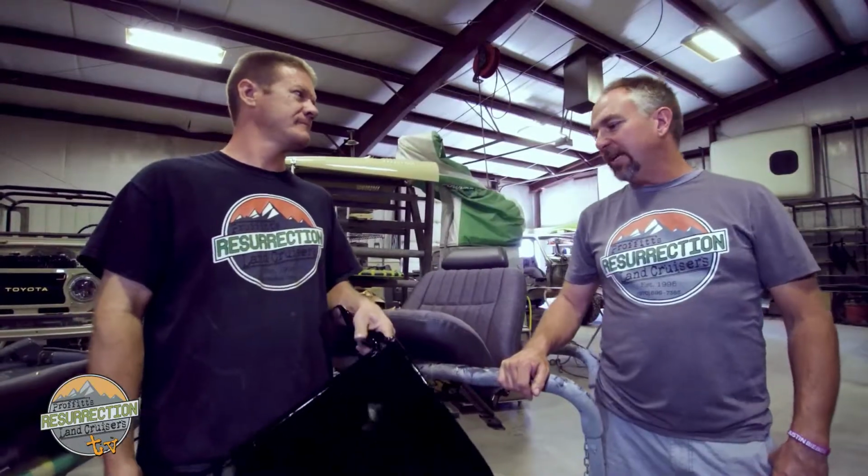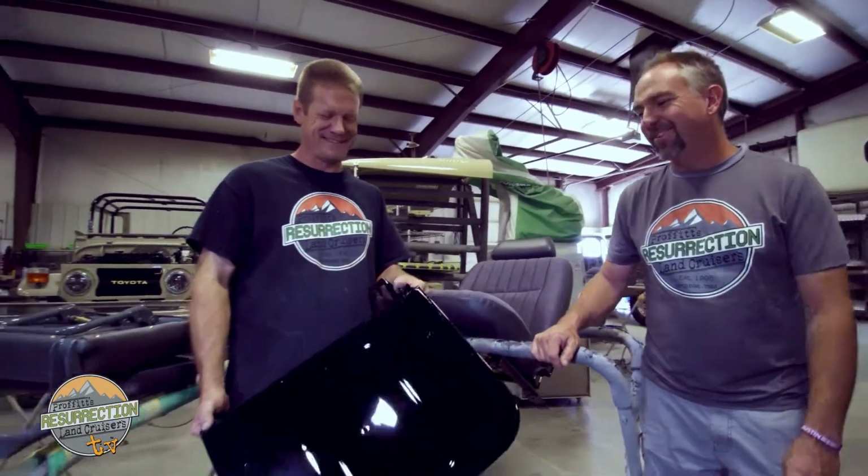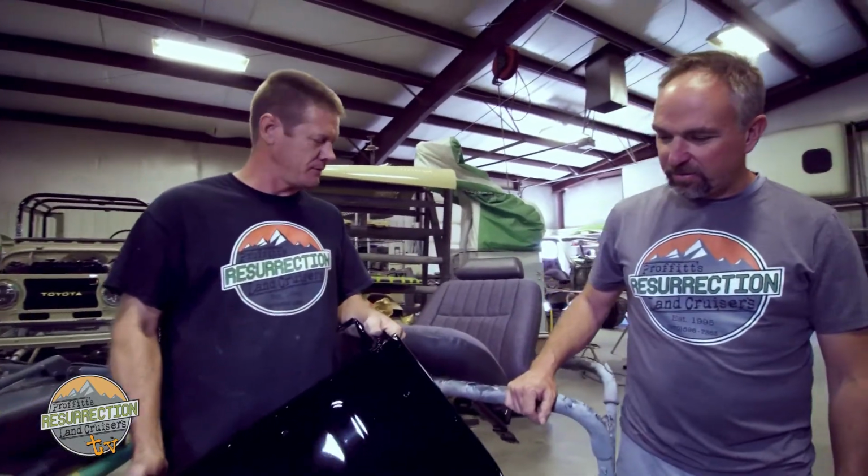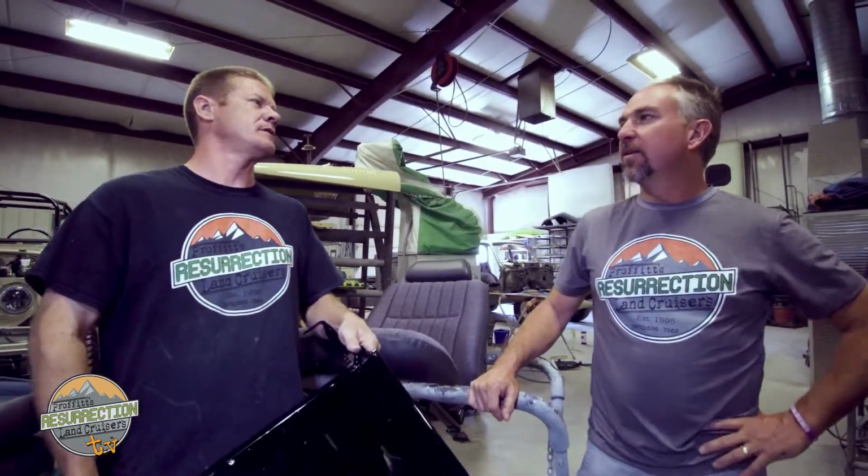So David, I told you to take a seat, but I didn't mean it literally. What do you got going on here? Well, we got a couple of different seats in various stages of reassembly that are going to go back in